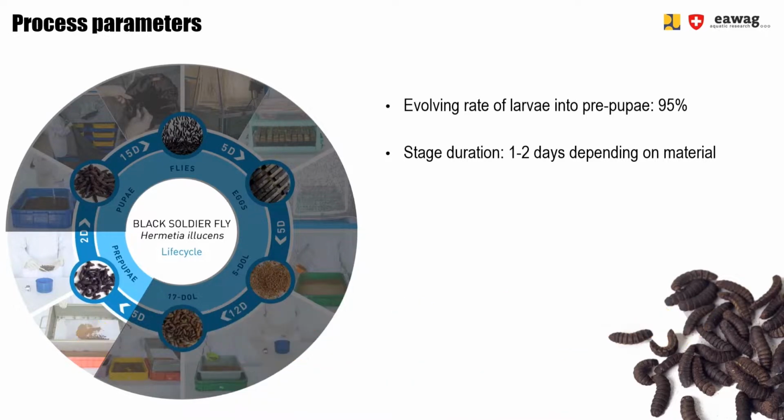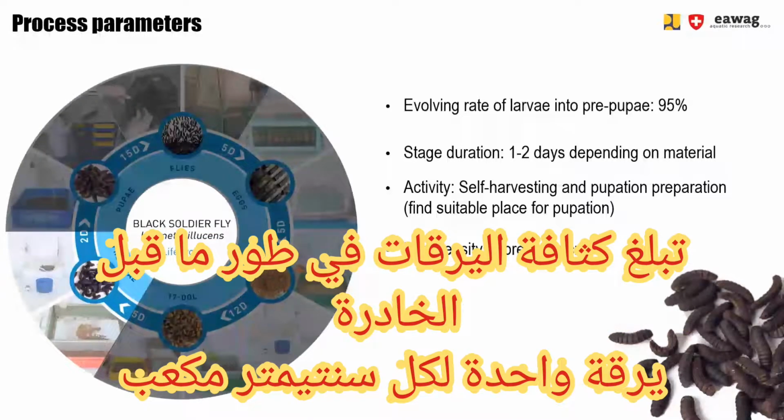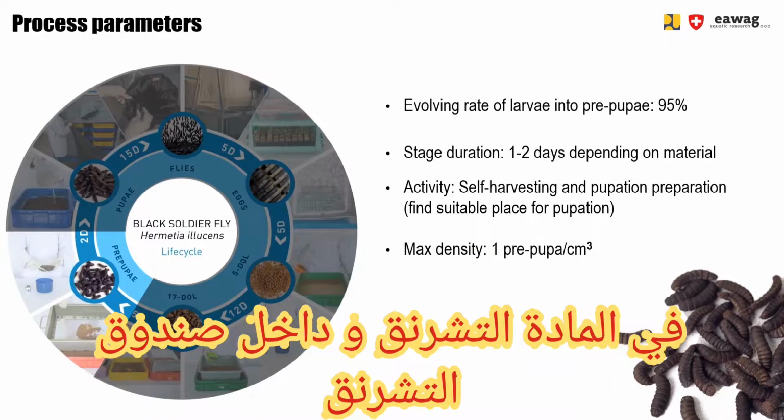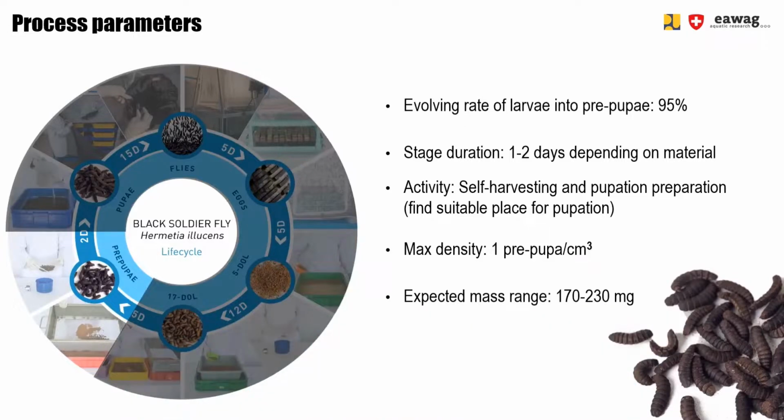As mentioned, they self-harvest from the lavero units, and they will find a suitable place in the pupation material to start the pupation process. We found that the max density is about 1 prepupa per cubic centimeter in the pupation material in the pupation boxes. And you can expect a mass range of between 170 and 230 milligram per prepupa after adding them to the